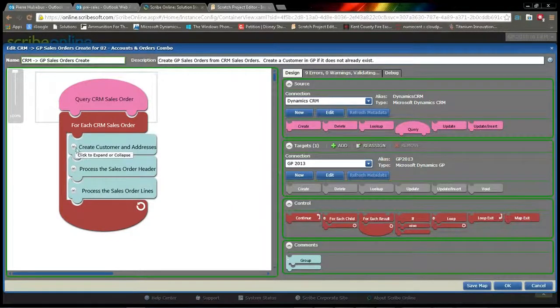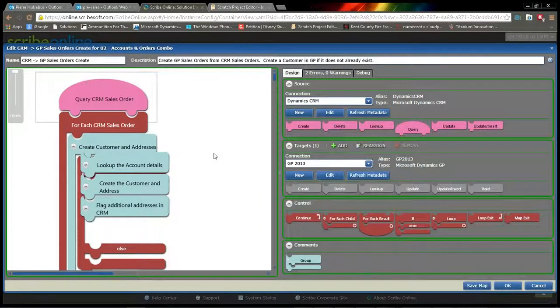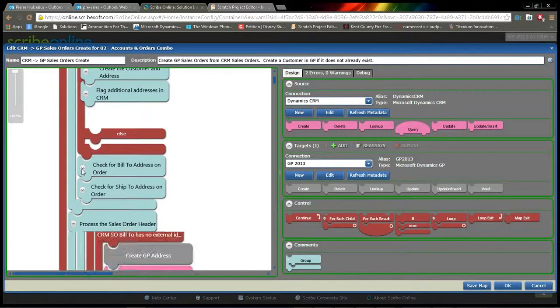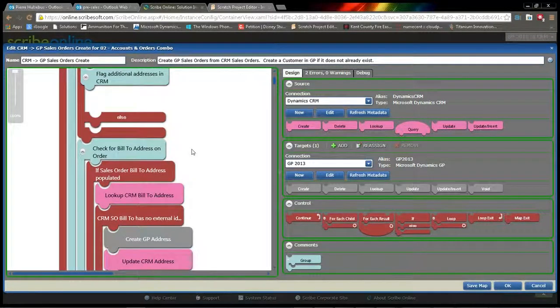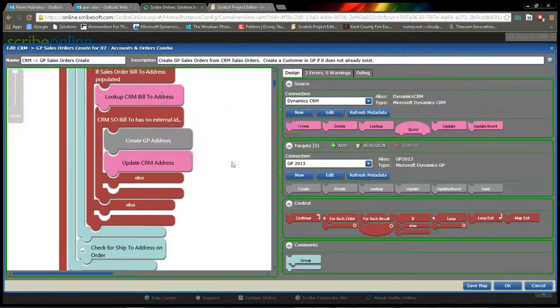The sales order might have to create a new customer record prior to going in. So there's this nested portion here. There we go. You have this nesting that occurs in here that might have to look up the data, and